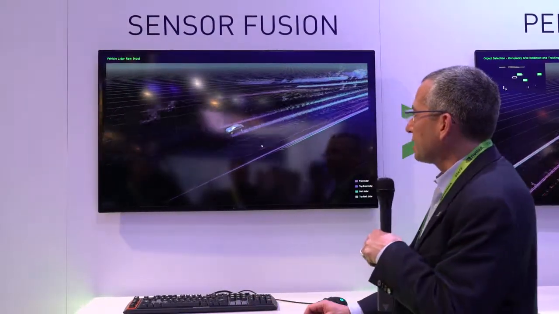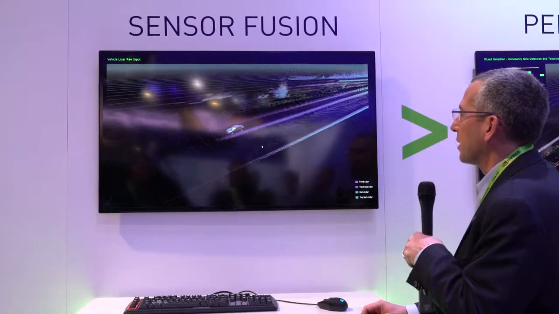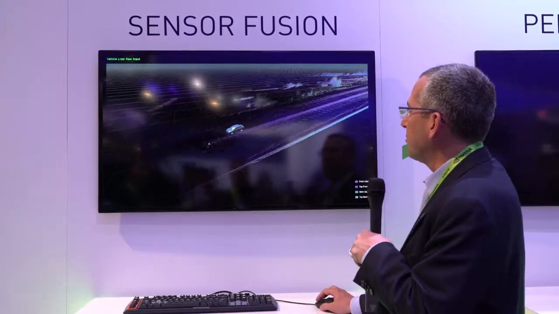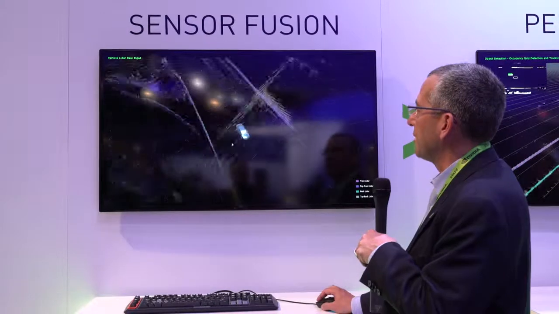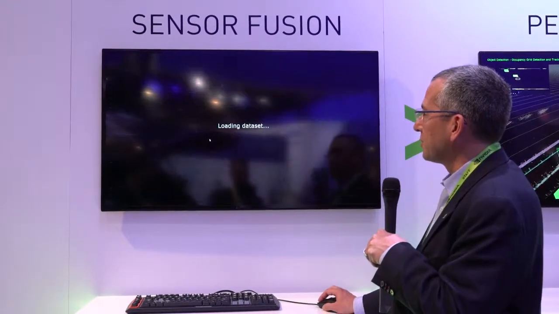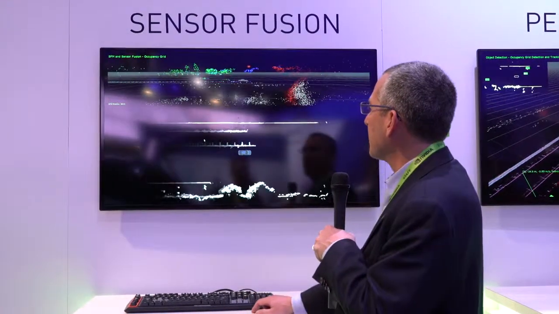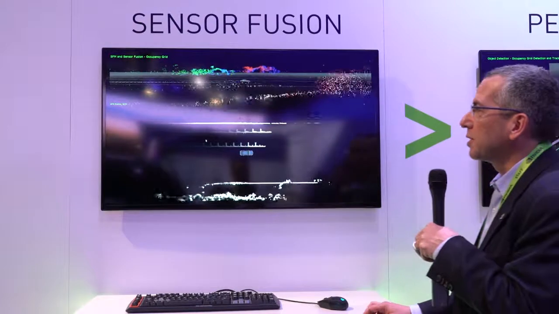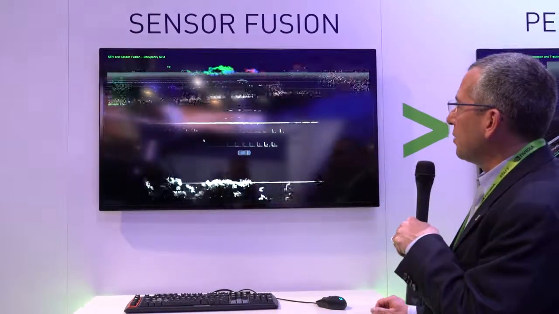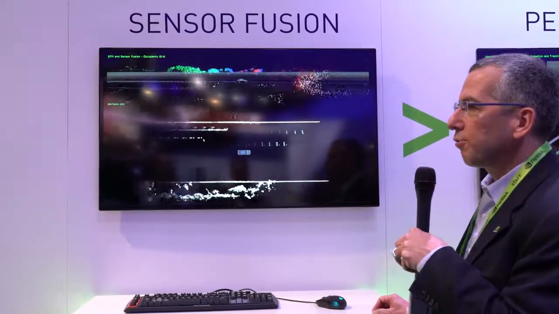So here's a view of just the raw data collection coming into the car. And again, it's a full 3D representation. In this case, I can spin around and view it from different angles. We never show this to the driver, but this is an example of the massive amount of data coming into the vehicle. And from that, we're able to use the video information and use a structure from motion